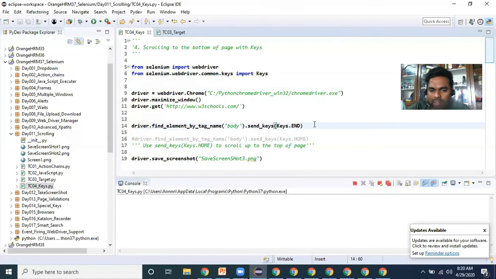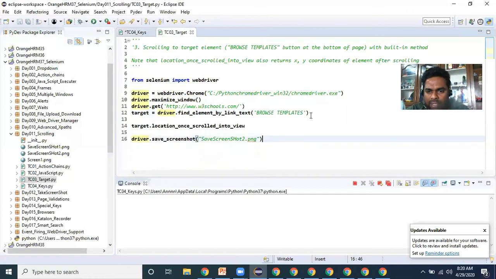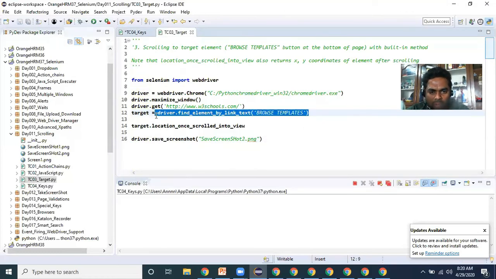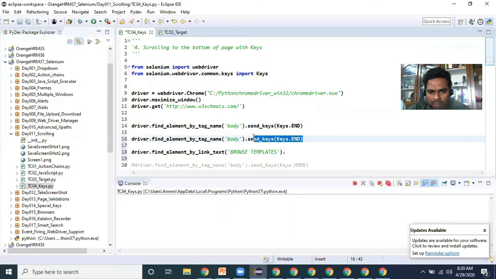One second, I want to try one more time. I never tried this, I want to check scrolling. Driver.find_element by link text browser templates, send_keys. I'm mentioning like this, to check whether the navigation will be done up to that web element or not.